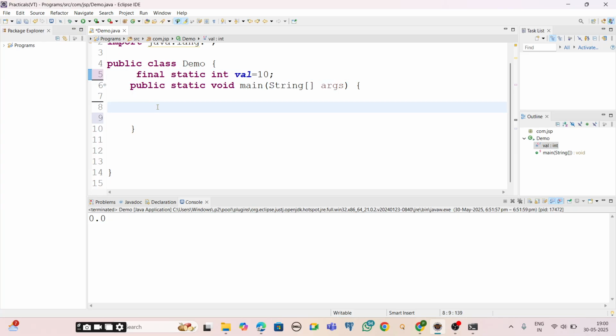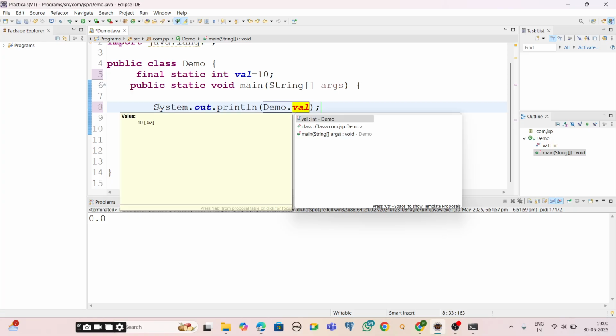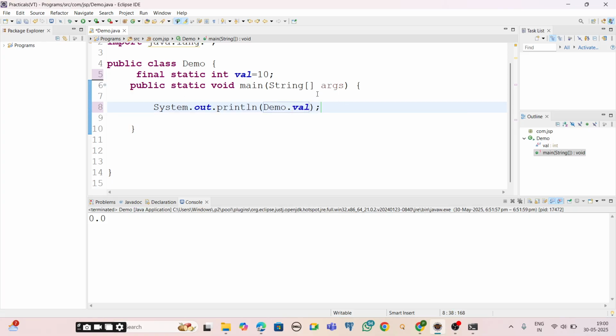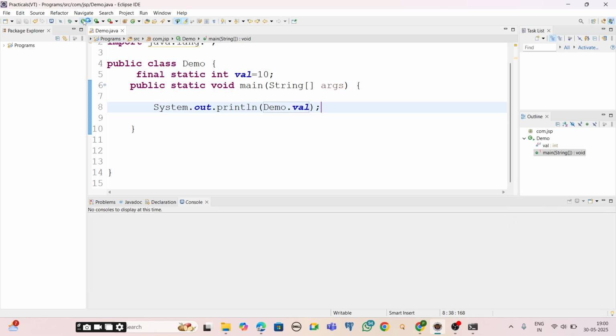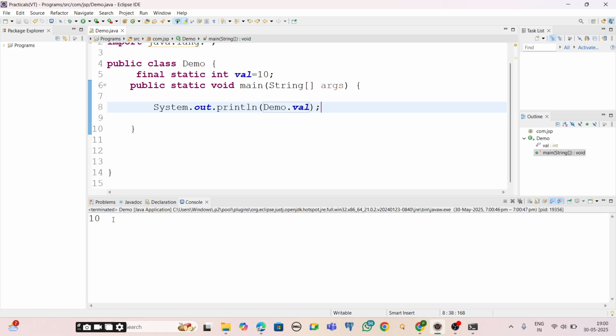Let me try to access it, like value, with the help of the class name, otherwise it will show an error. Let me save and execute. I'm getting 10 as output, right?